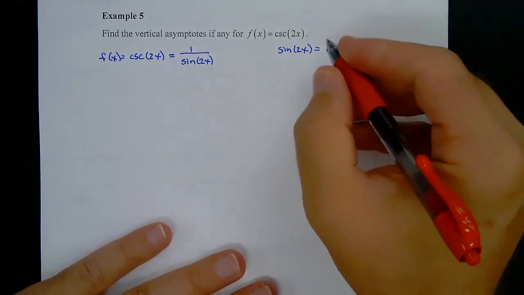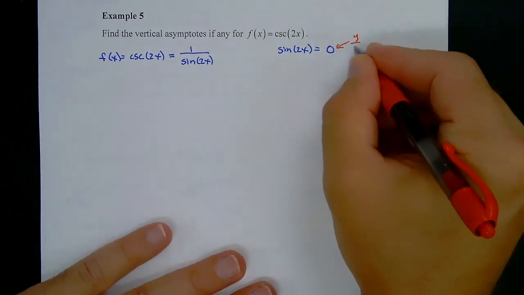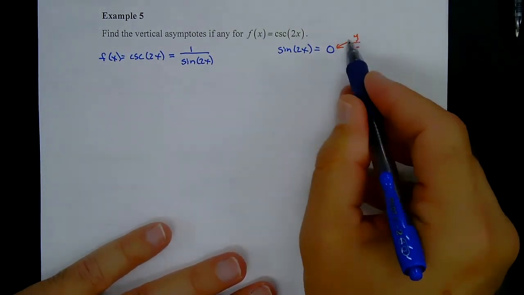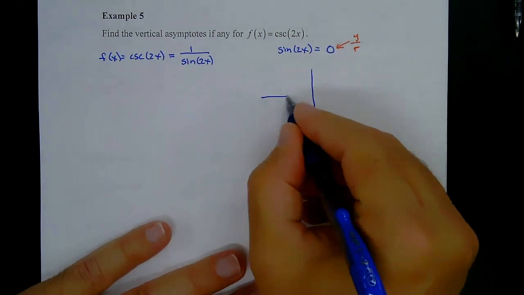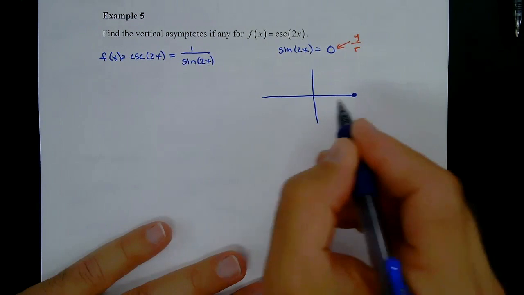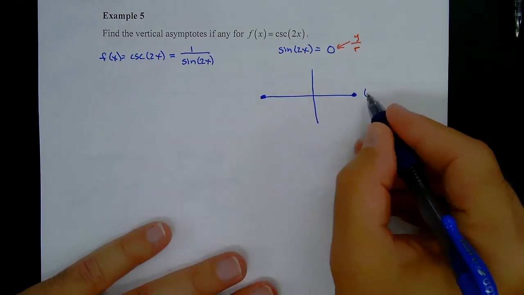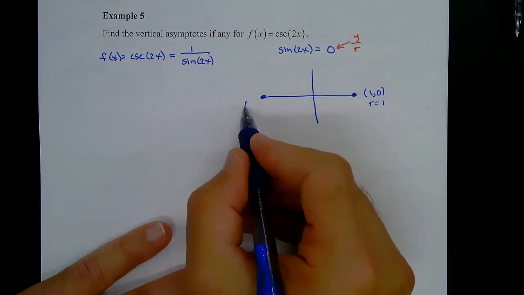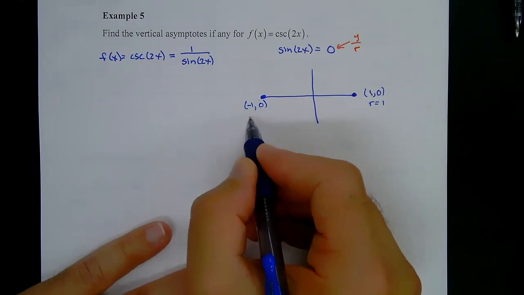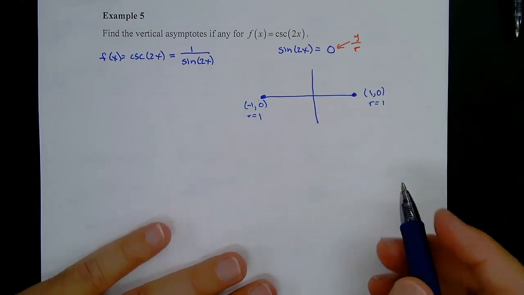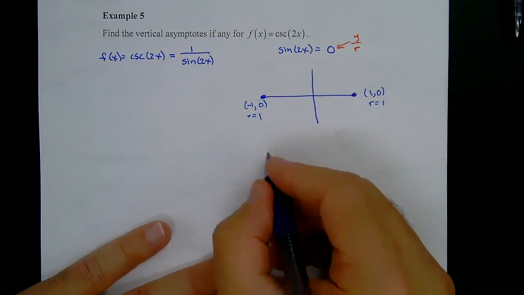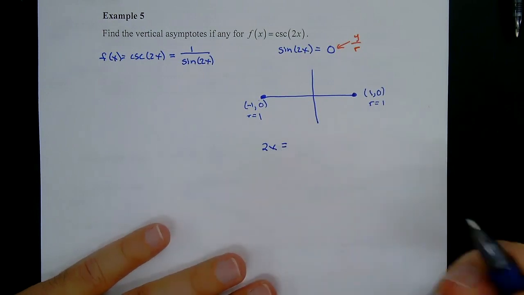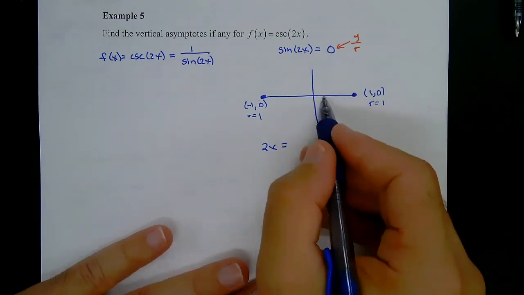Okay, remember, again, this ratio is y over r. So the only way for a ratio of y over r to be 0 is if y is 0. So that's only going to happen right here on the positive x-axis and on the negative x-axis. Right there, my x is 1, my y is 0, my r would be 1. Over here, my x would be negative 1, my y would be 0, and my r would be 1. Okay, and so it's all of these angles again, right? So we'd have 2x, not x, but 2x, because that's our argument right here. 2x could equal, okay, and it would be 0,